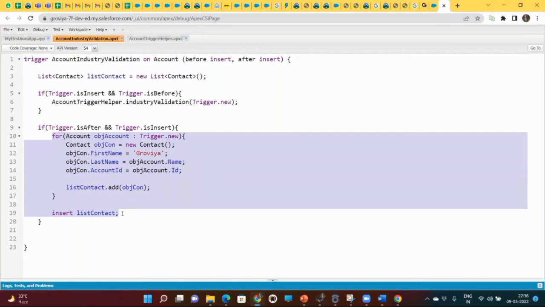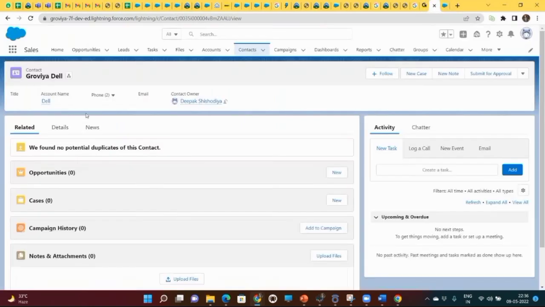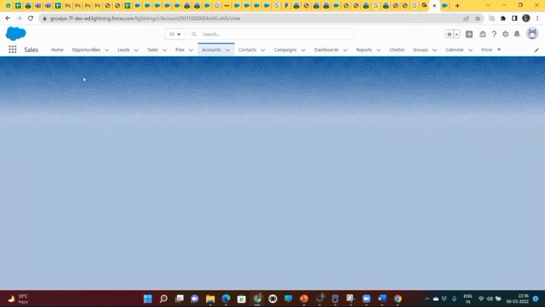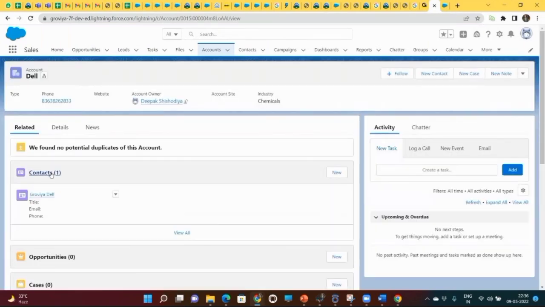One more example can be that you want to calculate how many contacts there are. Let's say this is the account, and there can be multiple contacts, maybe 100, 200, 5,000. You want to see the count of total contacts on the account. You can write the trigger on the contact and update the total contact count on the account itself. So these kinds of activities you can do with the help of triggers. So that's all in today's